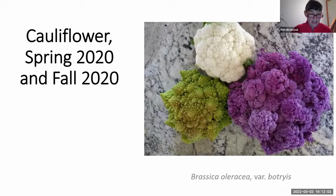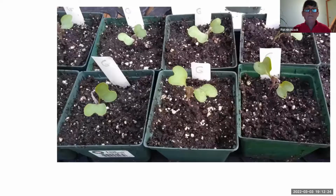this variety is Veronica. And one thing to share with you about both cauliflower and broccoli is they do best when they are grown in the cool seasons, to mature in the cool season. And they also do best if they get plenty of light and not plenty of fertilizer, but the right amount of fertilizer. So we started with the cauliflower,